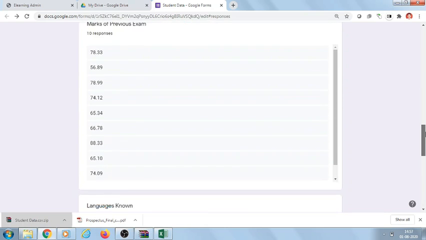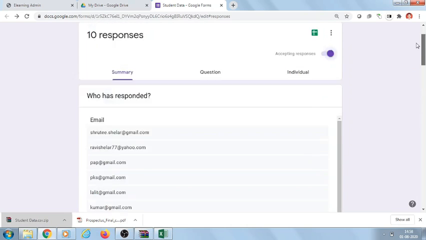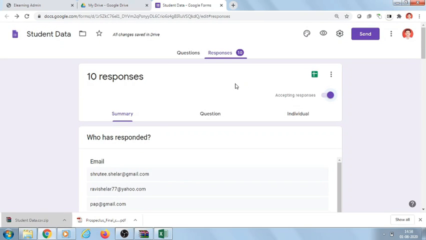Similarly, you can see the languages known. Here in the summary chart, 100% students responded for English language, 50% for Hindi, and so on. So this is the summary of the responses which is automatically created by Google Forms.